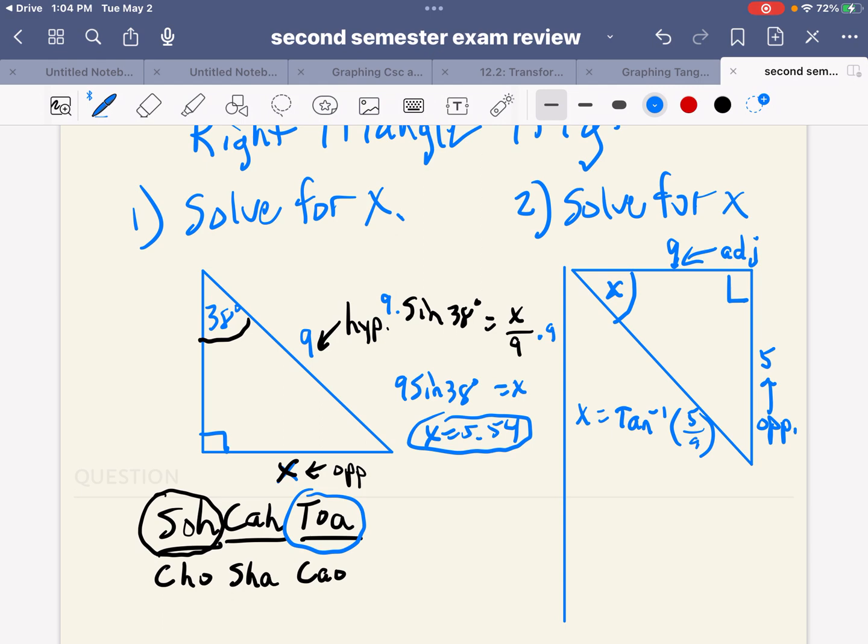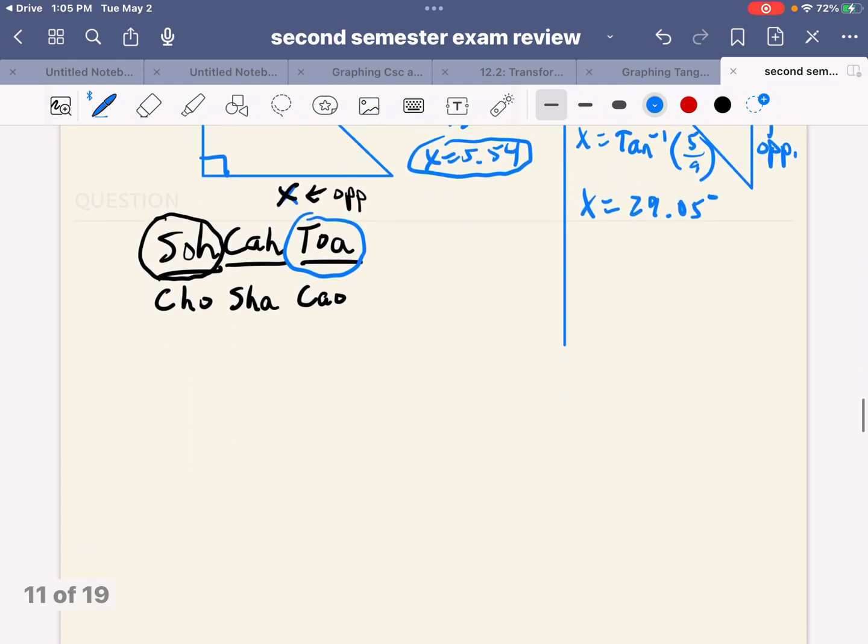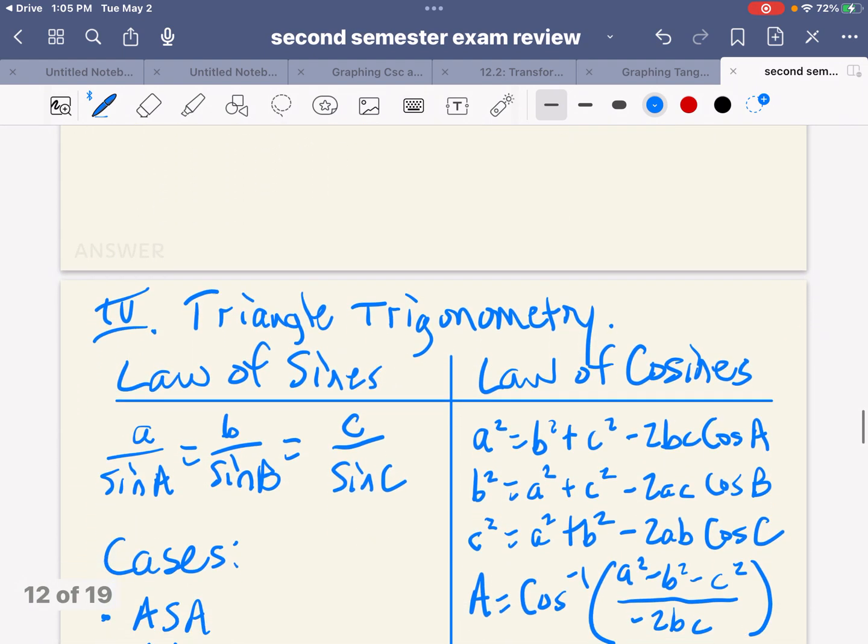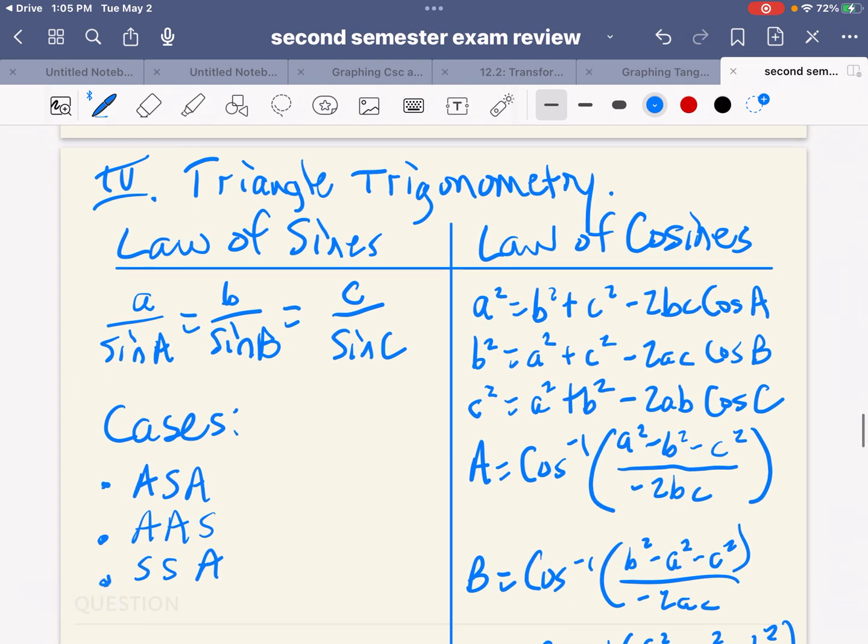So now, with my calculator in degree mode, if I press that trig button and find that inverse tan and type in 5 divided by 9, the calculator will tell me that that angle is approximately 29.05 degrees. So I'm hoping you remember how to use your 6 trig functions to find missing sides and missing angles for right triangles. Okay? Now, after right triangle trig, we also learned about the law of sines and the law of